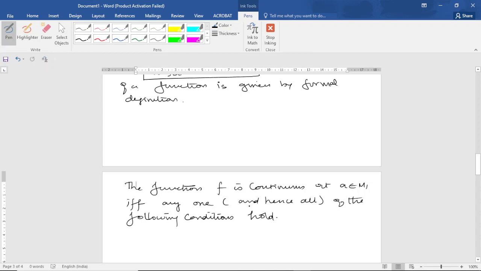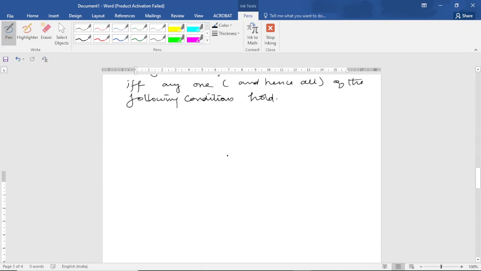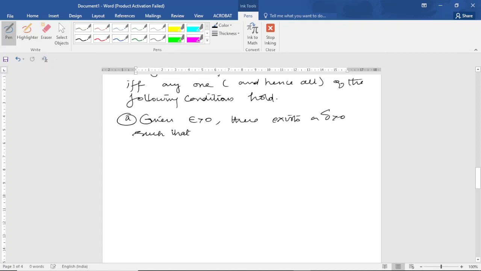That is, if any one of these conditions holds true, then the others are also true. That is the meaning of hence all. Suppose the first one is: given epsilon greater than 0, there exists a delta greater than 0 such that